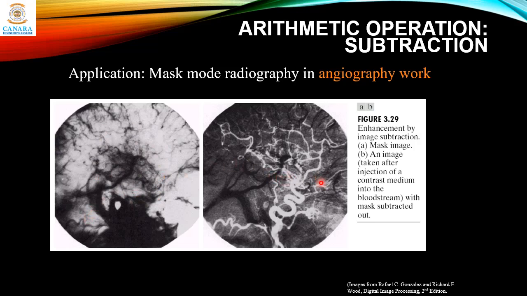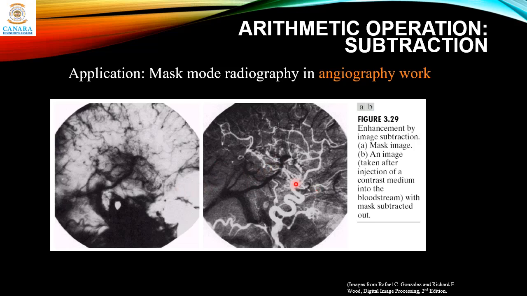this is the image obtained after injecting the iodine contrast medium, and then taking the difference image. And you can see the white areas in the original image have essentially been turned into black areas. This is because the similarities in the original and the masked output image will be made darker. Okay, similarities or same values will be turned into dark because we are subtracting. So that essentially renders a value of 0 or close to 0.